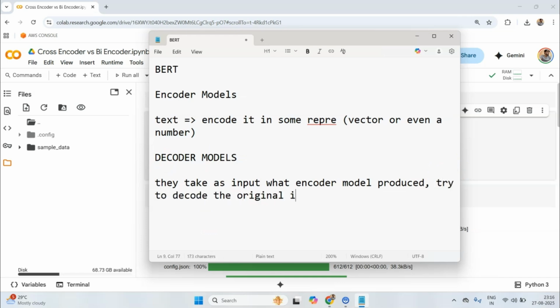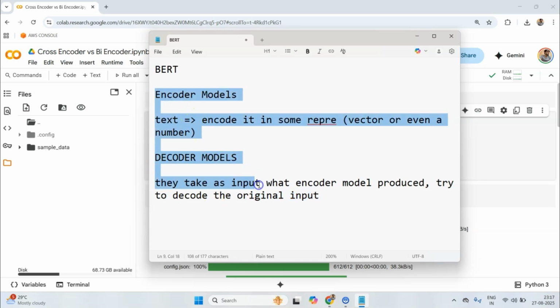So for example, if I have an image, I can encode it using an encoder model, and it is going to give me a vector. Then the decoder model will take that vector and try to produce the original image back. Obviously, the original image will not be exactly the same as the input image, but the idea is that if we train this joint architecture model enough, the model will learn to decode it correctly.